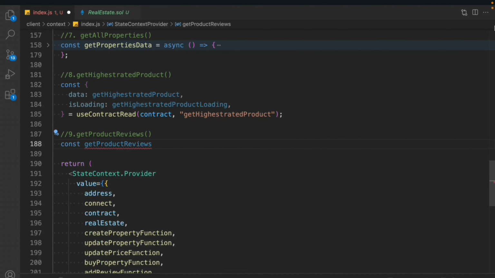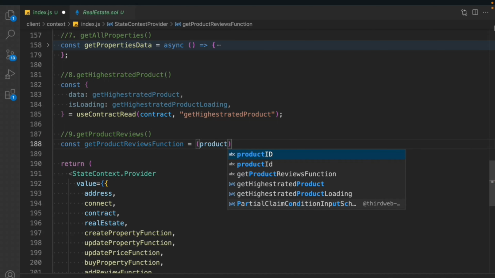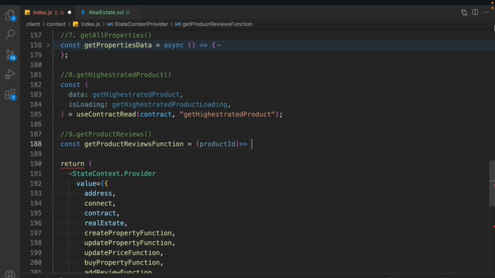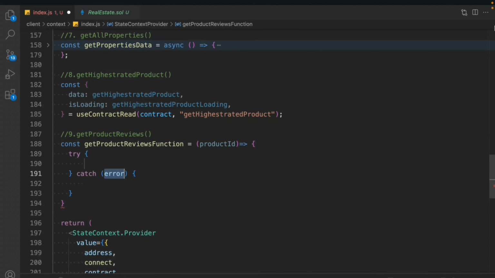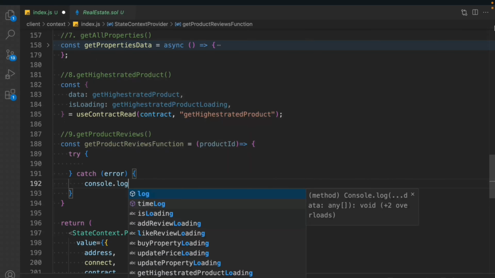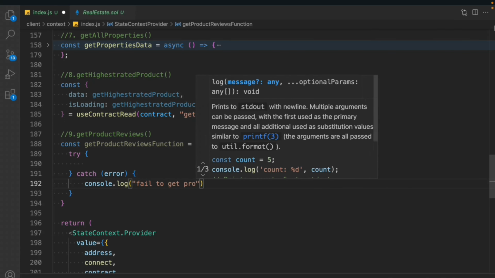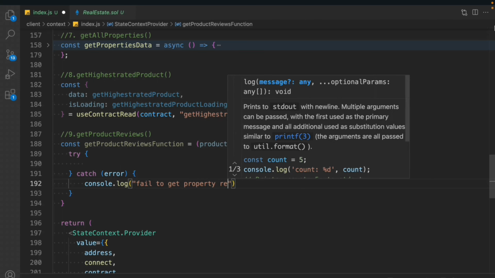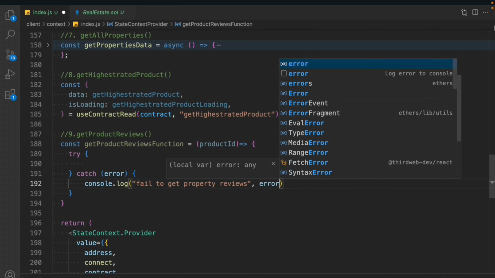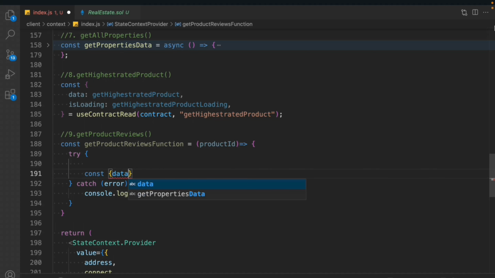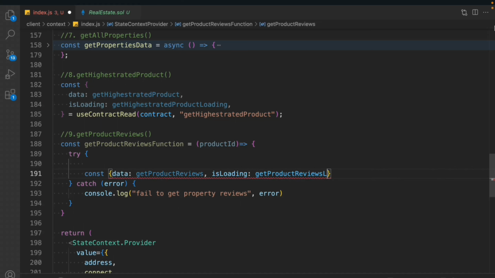We'll say getProductReview function. It's going to be the normal function. It will have the product ID, and we'll have this try and catch. We'll console log out the error message. We'll say failed to get product property reviews and the error message. We'll console table data, and we're going to rename this. So we're going to say getPropertiesReview, and its loading is going to be getPropertyLoadingReview